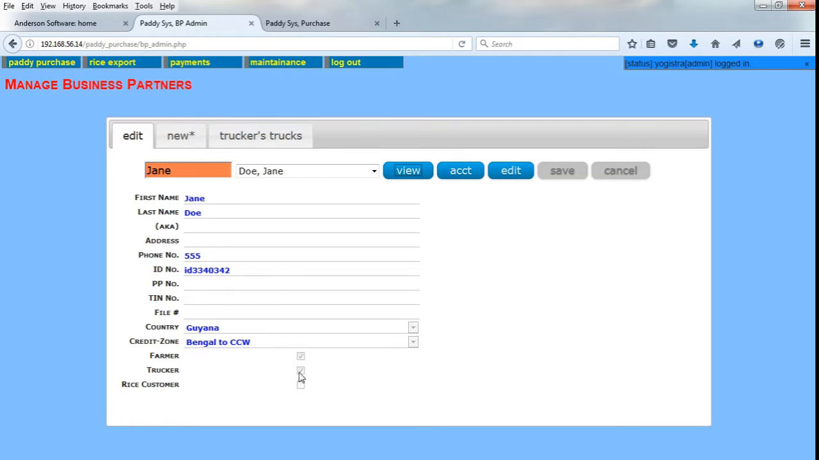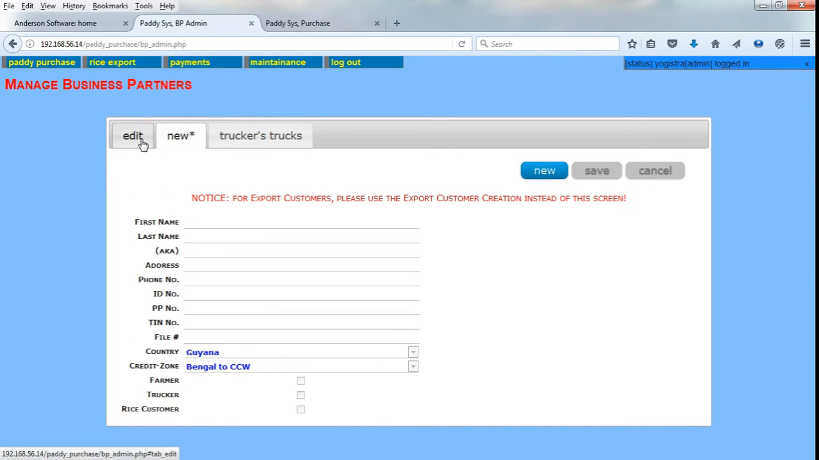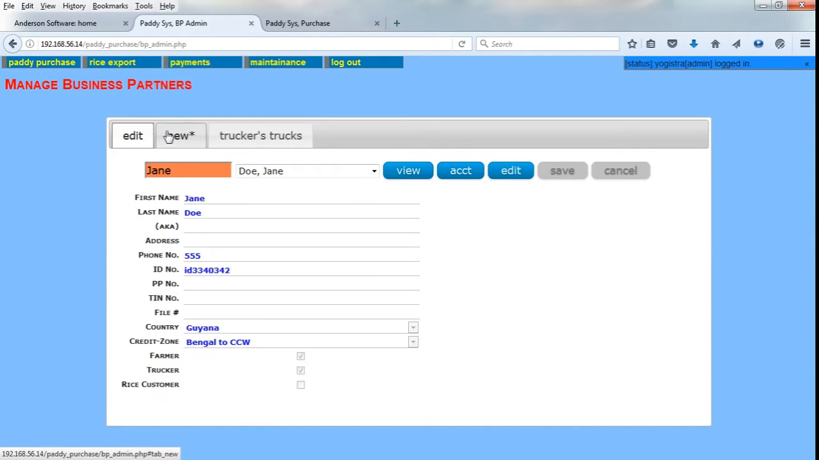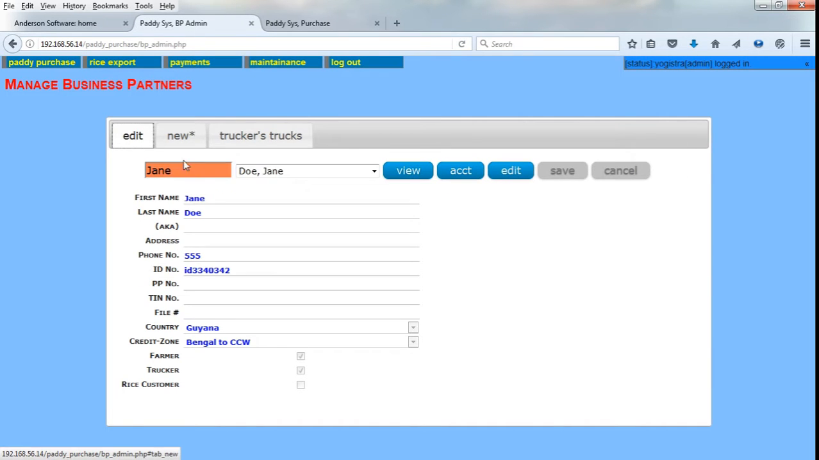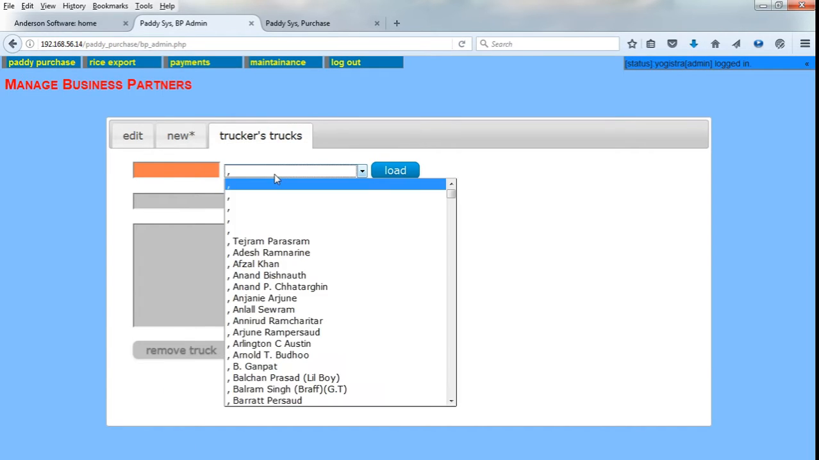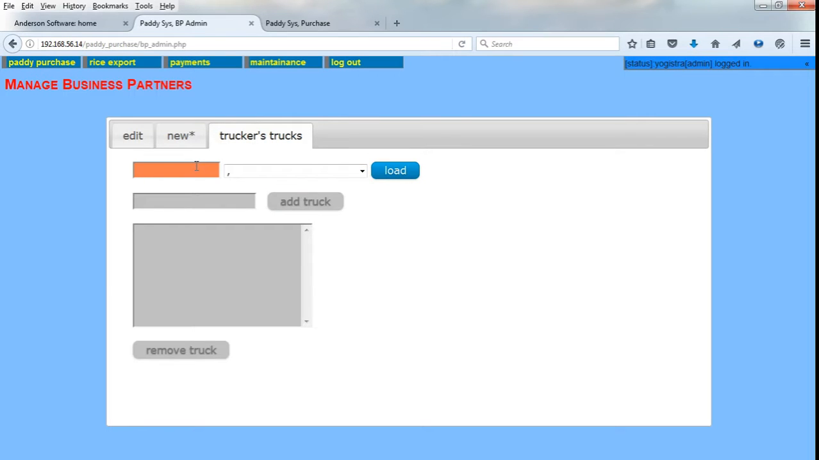And we also made her a trucker. So it's the same process to make the person a trucker. But when we need to add trucks to the system, we need to first create the business partner record and indicate that they are a trucker. Then we go over to the trucks tab, select that person. So I'll select Jane Doe again,